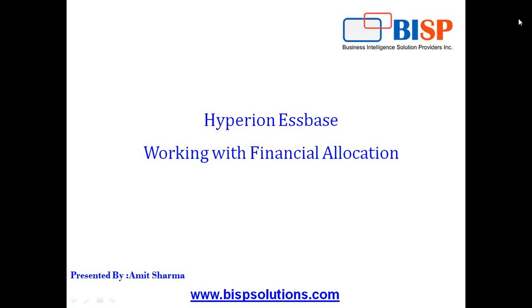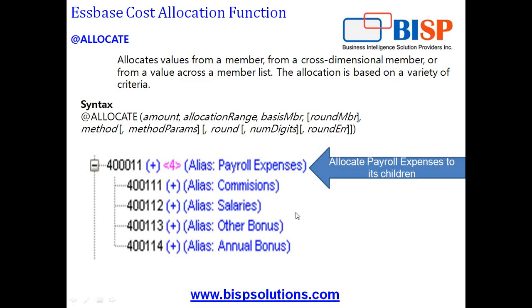So we are continuing to build our Financial Cube, and in the previous session we saw how to build your account hierarchy, balance sheet and income statement. In the same continuation we are going to build our Financial Cube, and I'm going to show you how to perform allocation. So how does allocation actually work? Before we do it in Essbase, I'd like to give you a basic